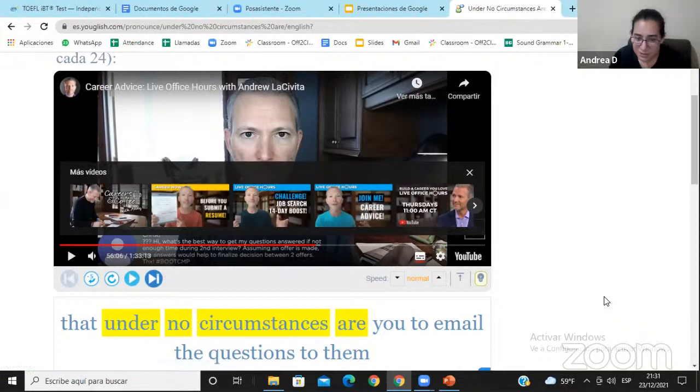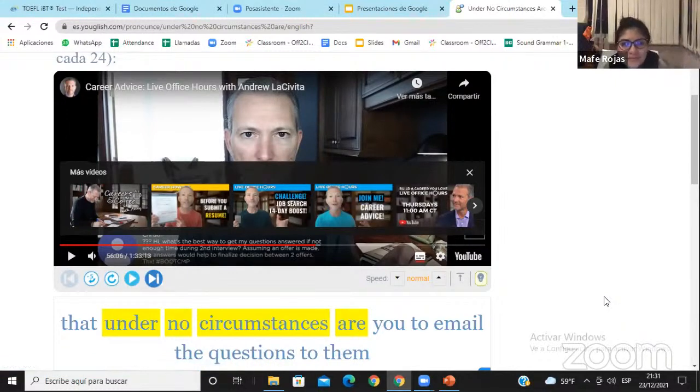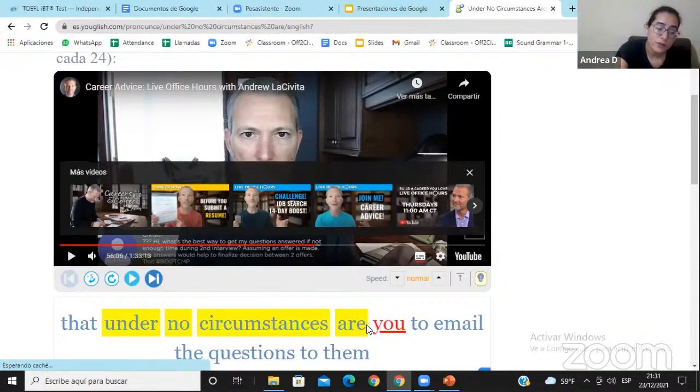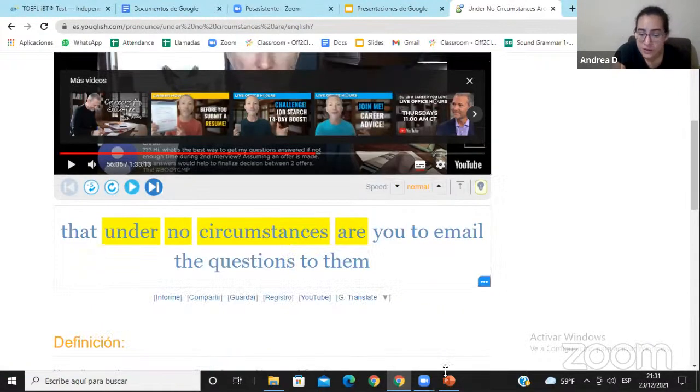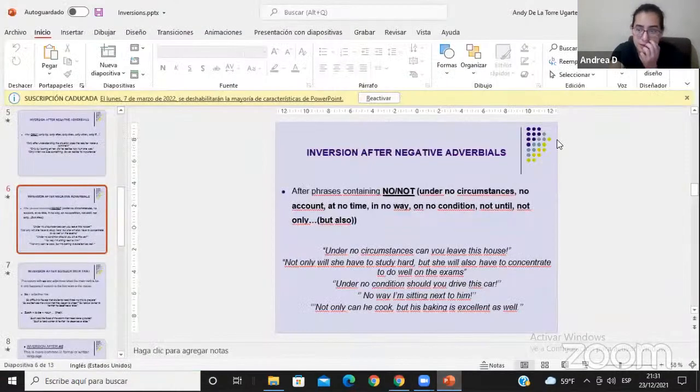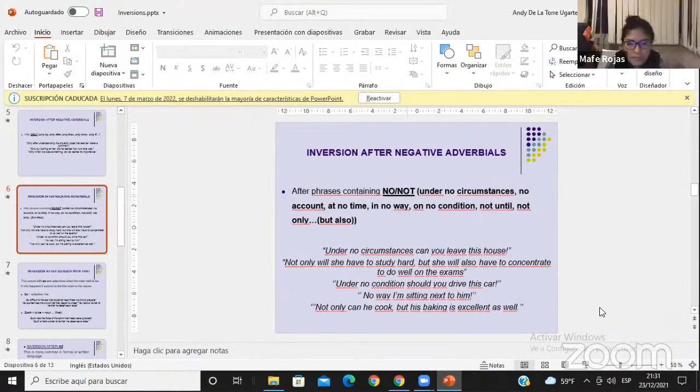And it's interesting because here we have another advanced grammar point, which is are, the verb be as in this use. You say, if I am to email you the questions, what would you do? Yeah, you can do that as well. So that's another thing, but it's interesting. That's another thing that you can use, by the way, in your text. Let me show you.